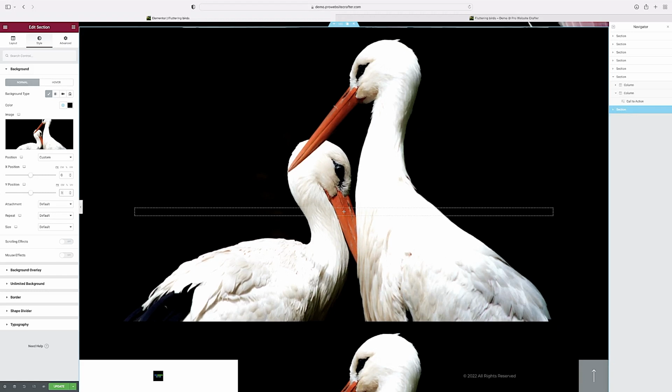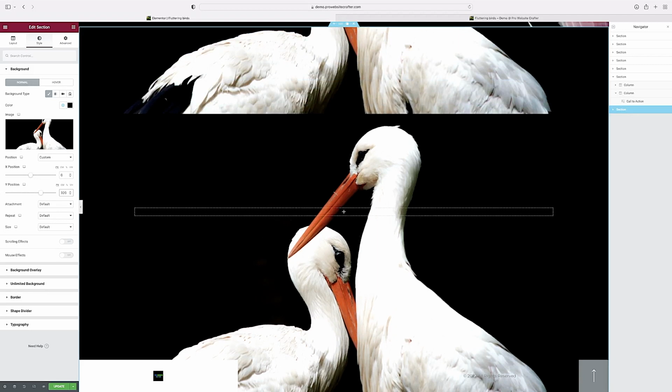300, and for tablet let's say 20, just for adapting to responsive screens. But on the mobile, it will then lift a bit. We'll keep the repeat to no repeat,